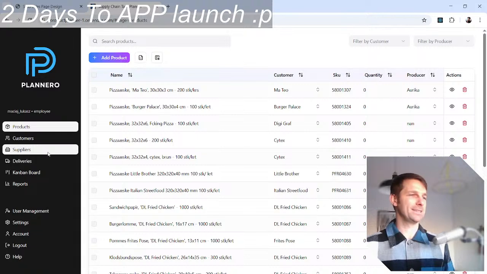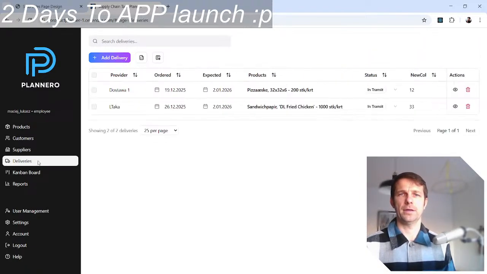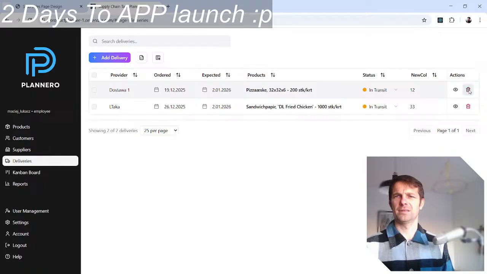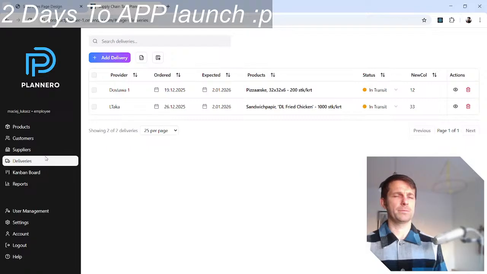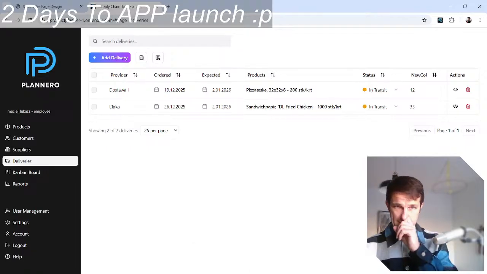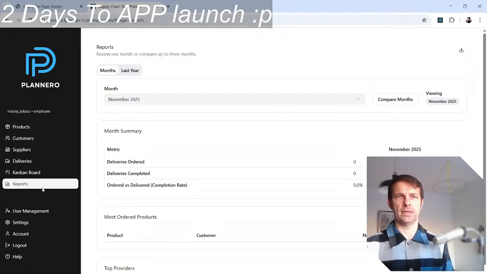Maybe I should actually just leave it as it is for now, and if it annoys me a lot, I will actually get rid of it. But it should be like that. Yeah, it should be a pop-up. So I think that's a bug I don't really like to have.